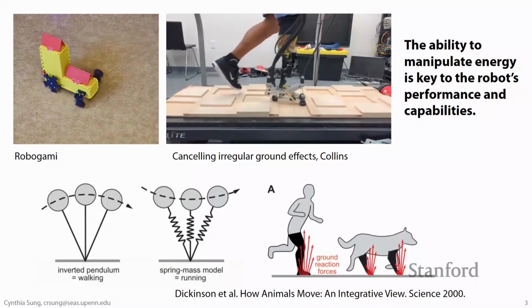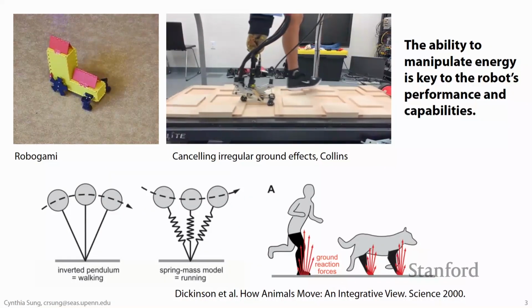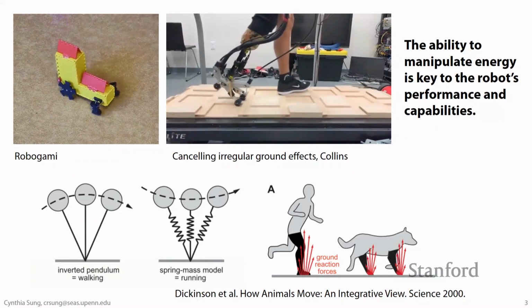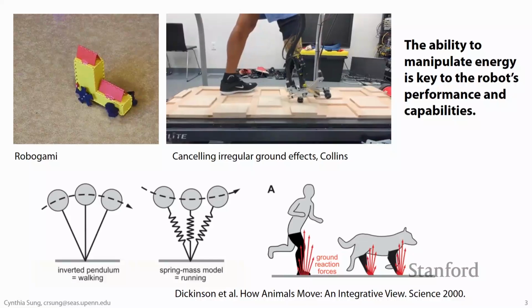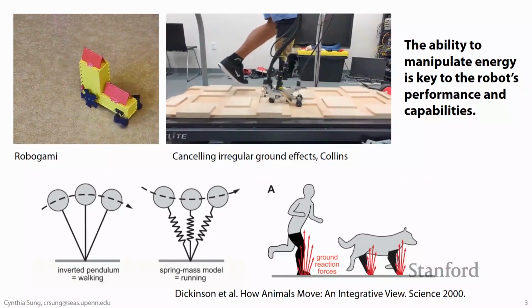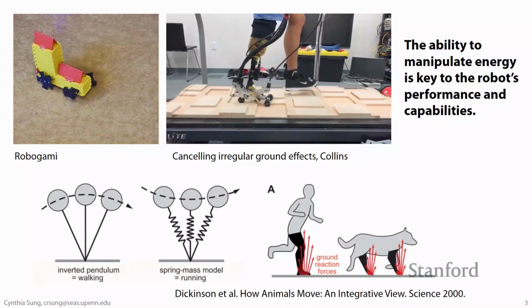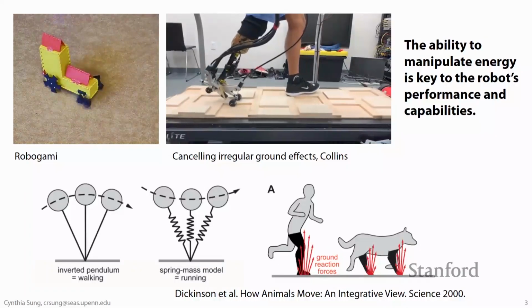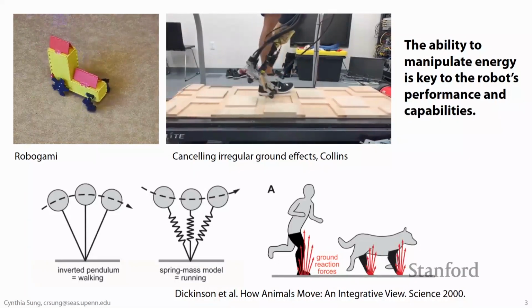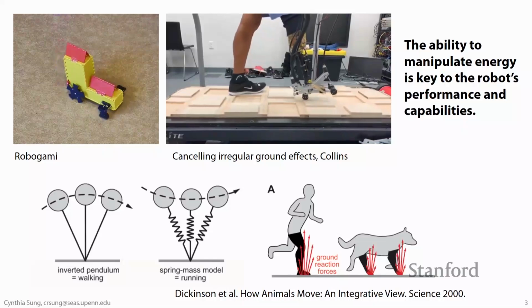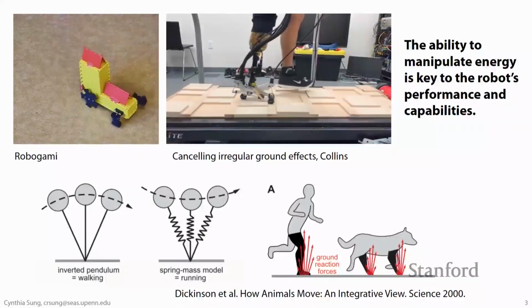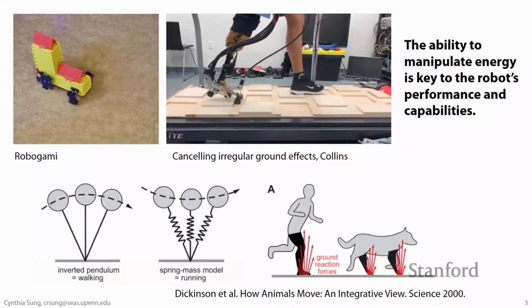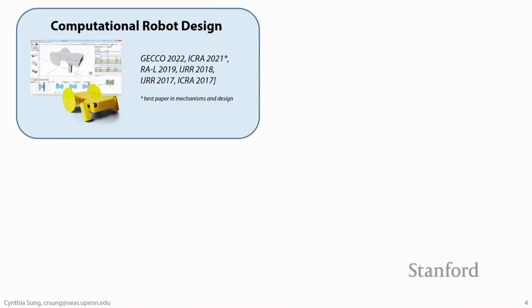People have known for years that there's this SLIP model for walking. If you want to be able to model how biological systems walk or how energy efficient robots might walk, then you can model it as some sort of spring-loaded inverted pendulum system. And the way that we design these systems is really about energy transfer, right? How we think about how potential energy and kinetic energy change or exchange. And so this is really the inspiration behind a lot of the work that my group has started to do recently,